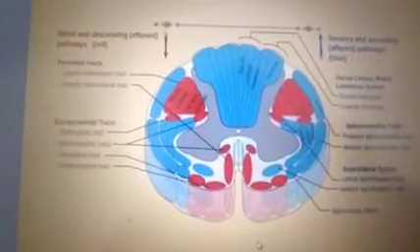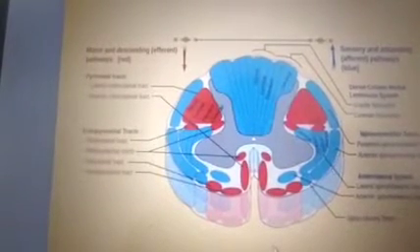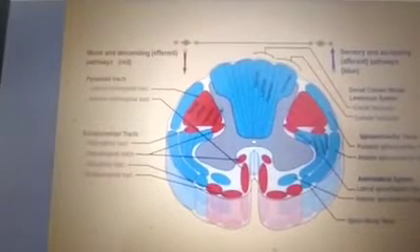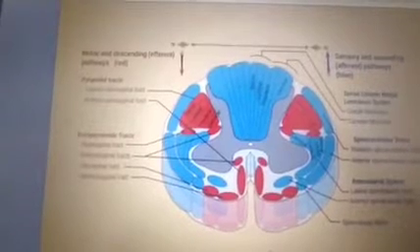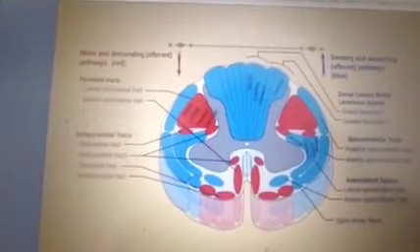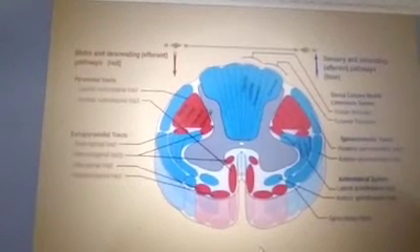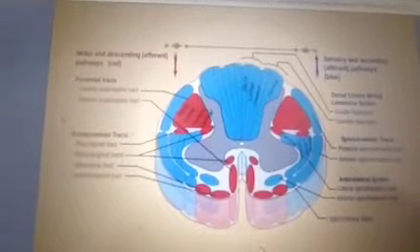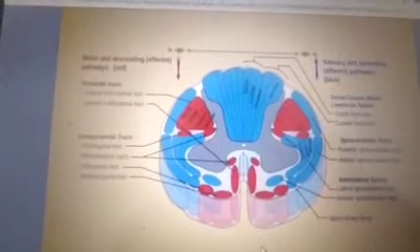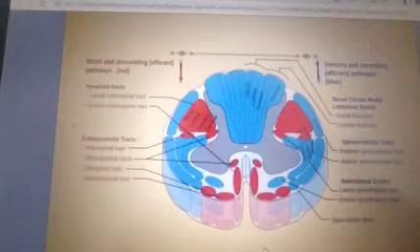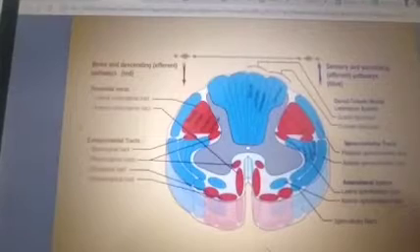In this diagram we are able to understand the efferent pathways that are in red in color, and we are able to see the afferent pathways, or sensory and ascending pathways, while motor and descending pathways go the other way. The descending pathways go from the central nervous system to the periphery, while afferent go from the periphery to the central nervous system. So all the blue colors are the afferent pathways, and all the red are the motor pathways, also called the efferent pathways.